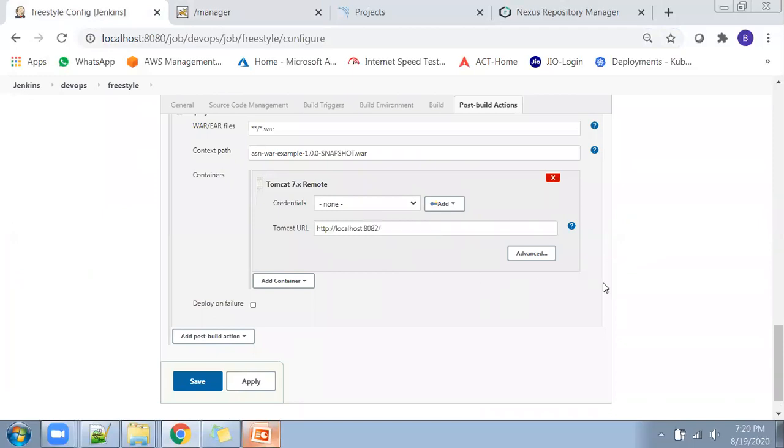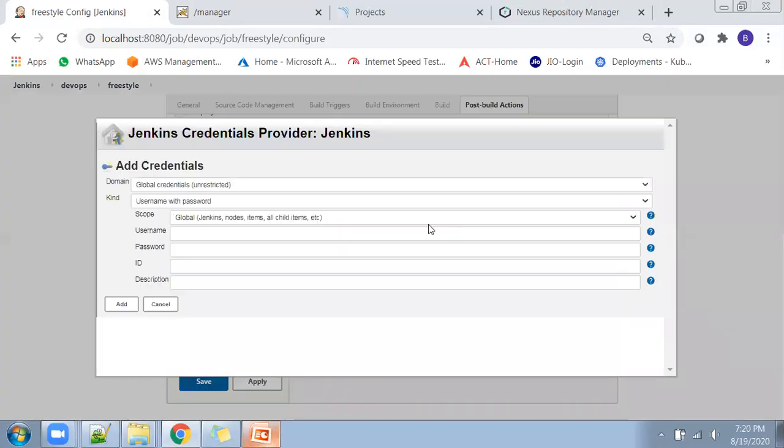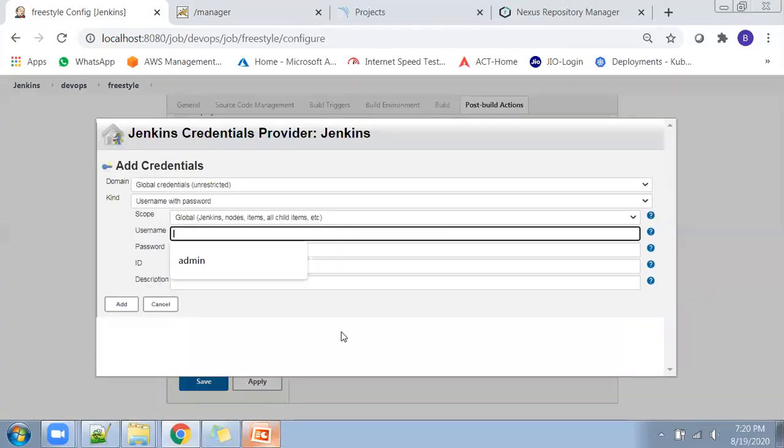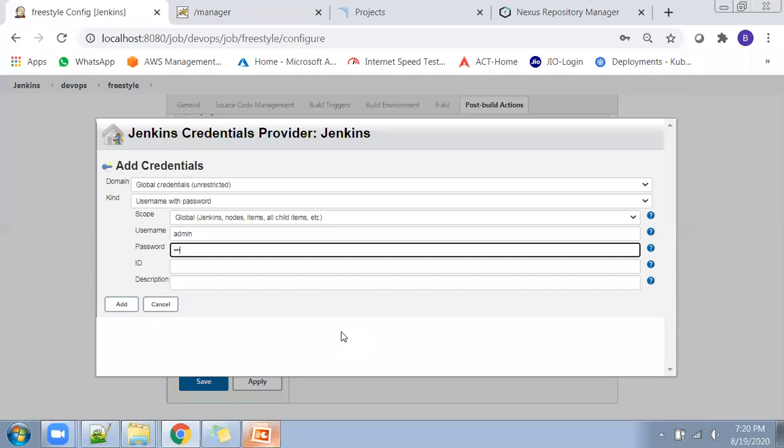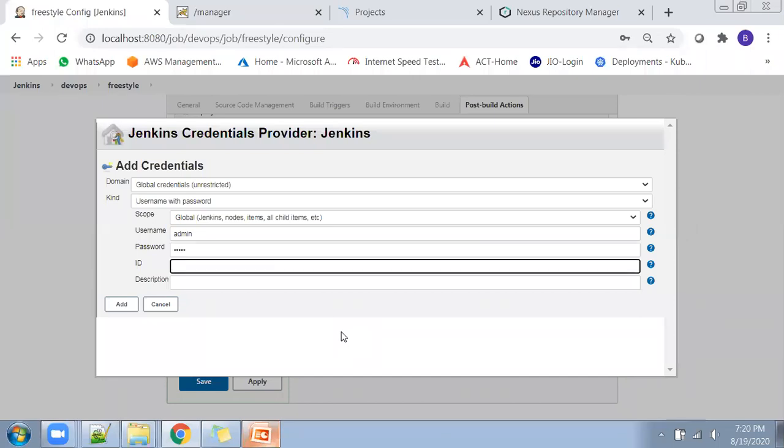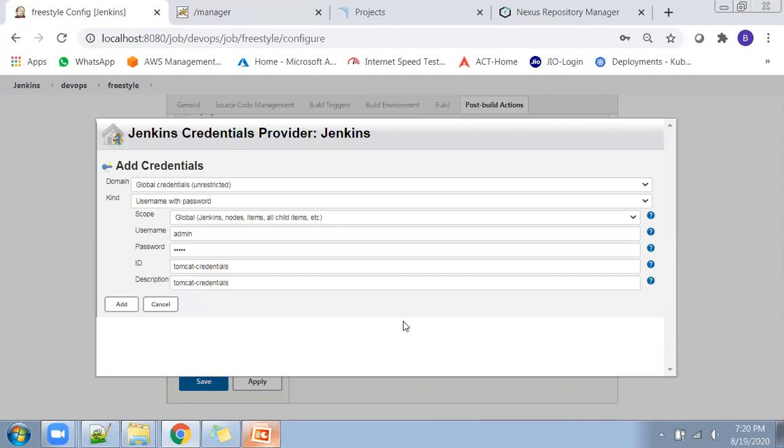You can give your Tomcat, and this Tomcat has some credentials. We know those credentials. Those credentials must be added to Jenkins. That's why you need to click on Add and click on Jenkins. Once you do that, it will ask you to enter the Tomcat credentials. You put proper Tomcat credentials, and type Tomcat credentials in the ID and description sections so that it can be visualized properly. The ID and description are your choice, but username and password you should put the proper ones.